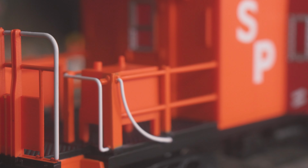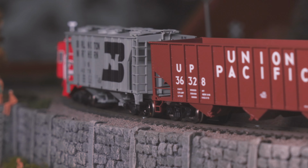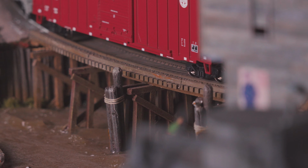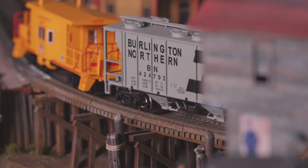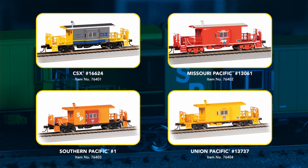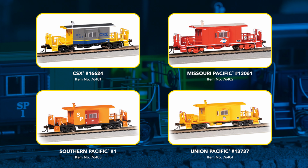as the MoPac design. While developed as road cabooses, examples from all three railroads survived into the 21st century thanks to their spacious open platforms, which made them ideal for use as transfer cabooses between yards and on reverse shove movements. The four road names available in this first run of Bachmann short body bay window cabooses includes Missouri Pacific